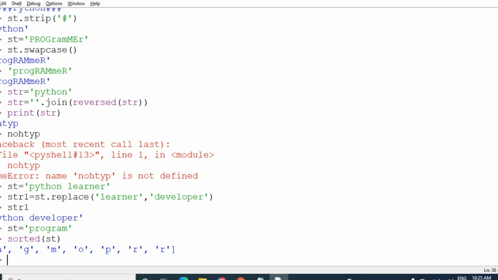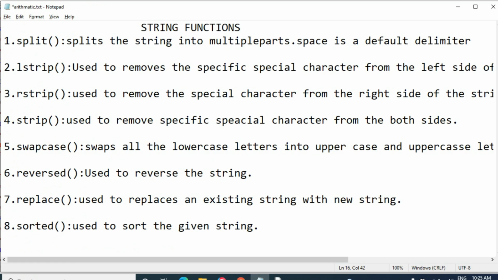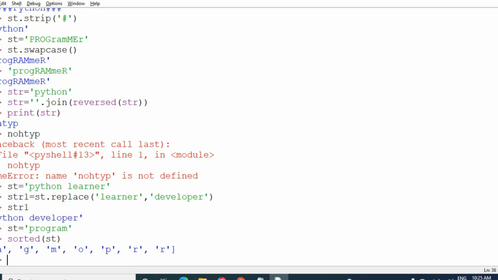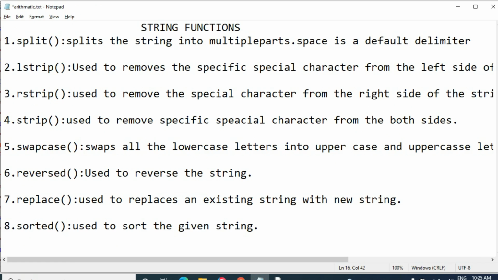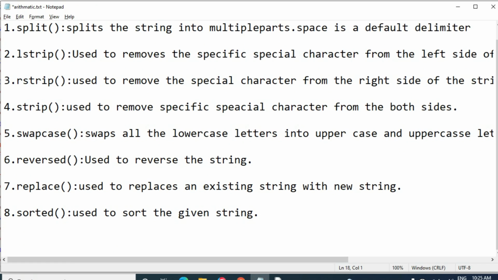A is coming first, then G, M, O, P, R, R. Okay, this is the use of sorted of function. Then in this program string, double R is given, so the double R has come here, the first R, the second one.